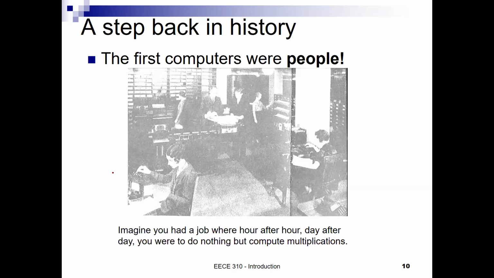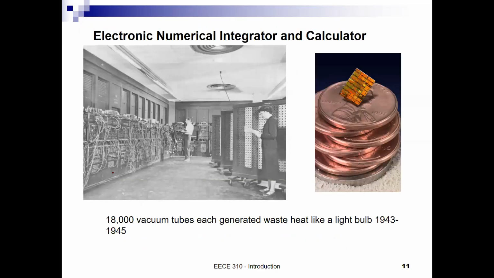Just for fun, let us take a step back into history. The first computers were really people. Just like today there is a teacher, a doctor, an engineer, they used to bring those ladies who would sit down and do all of these calculations manually, hour after hour, day after day. And they called them computers. Human beings are prone to error, just like today's machines are also prone to error, but at a higher rate. And so in the World War, they decided that they needed to build something more reliable in order to do these calculations.